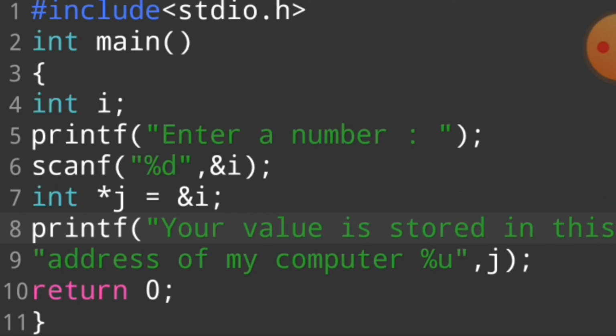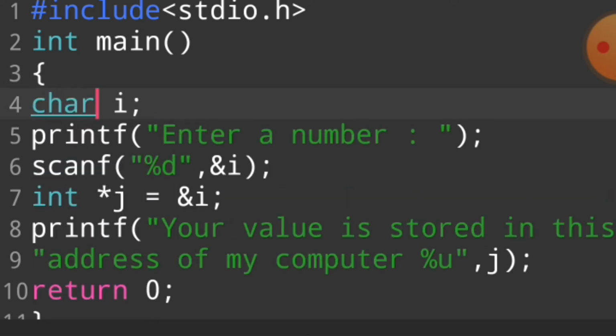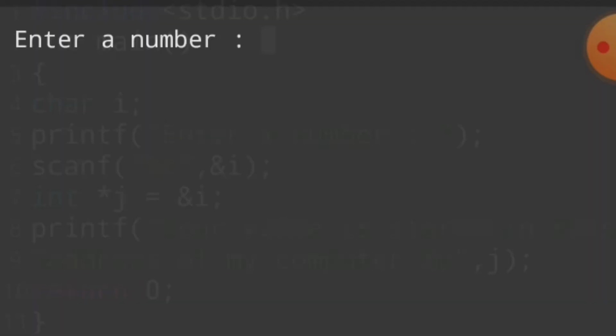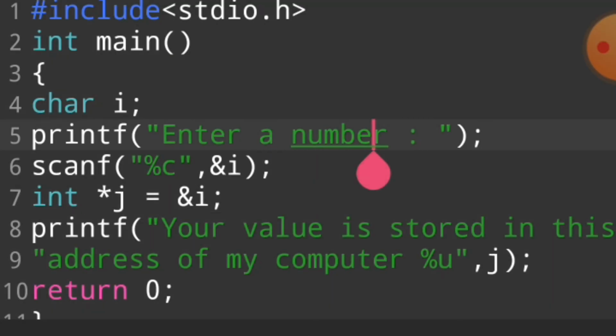in pointers we are also able to declare a character. For example, if we say char a and then we use %c and then we declare an integer pointer, the address of i, when I run this program, see what happened. Enter a character.